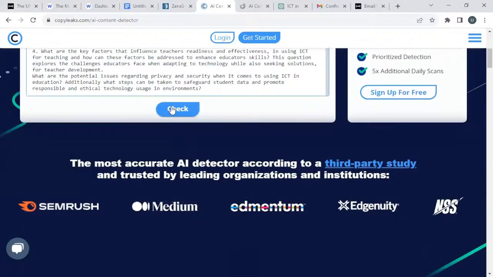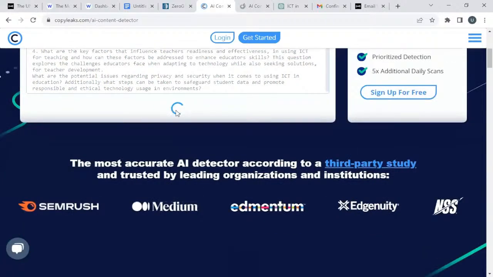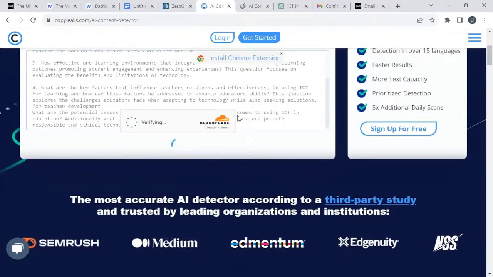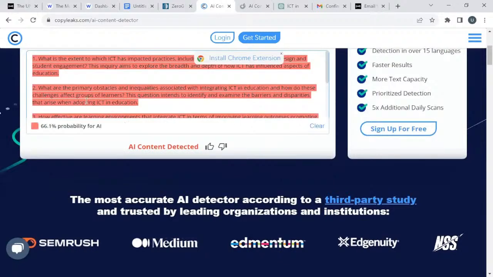So let's see what it's going to do here under Copyleaks. So Copyleaks is